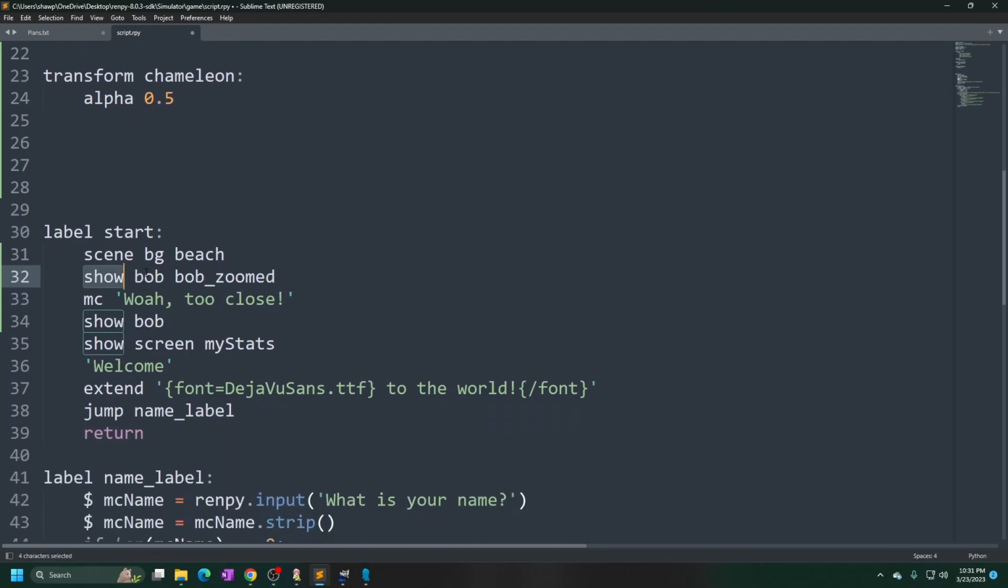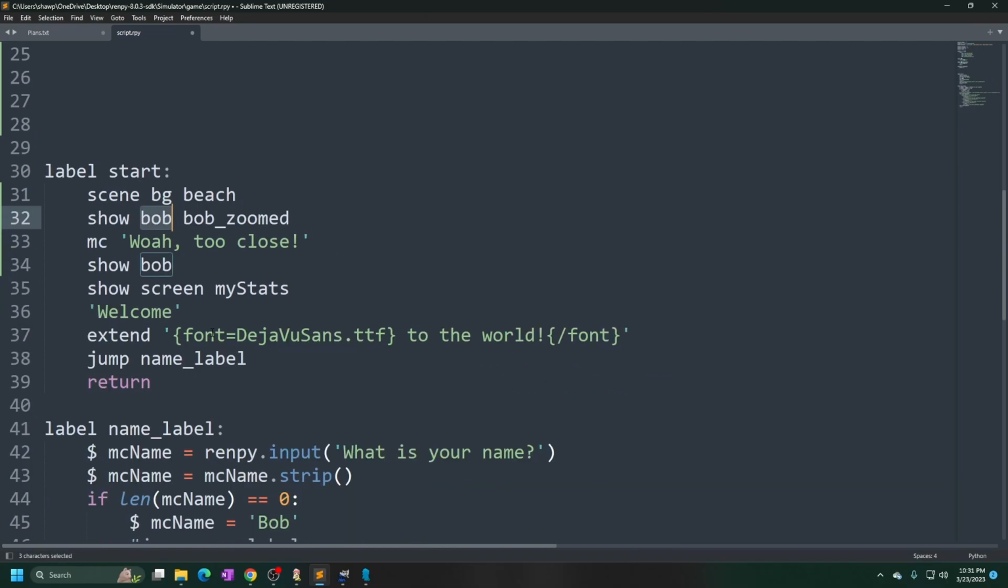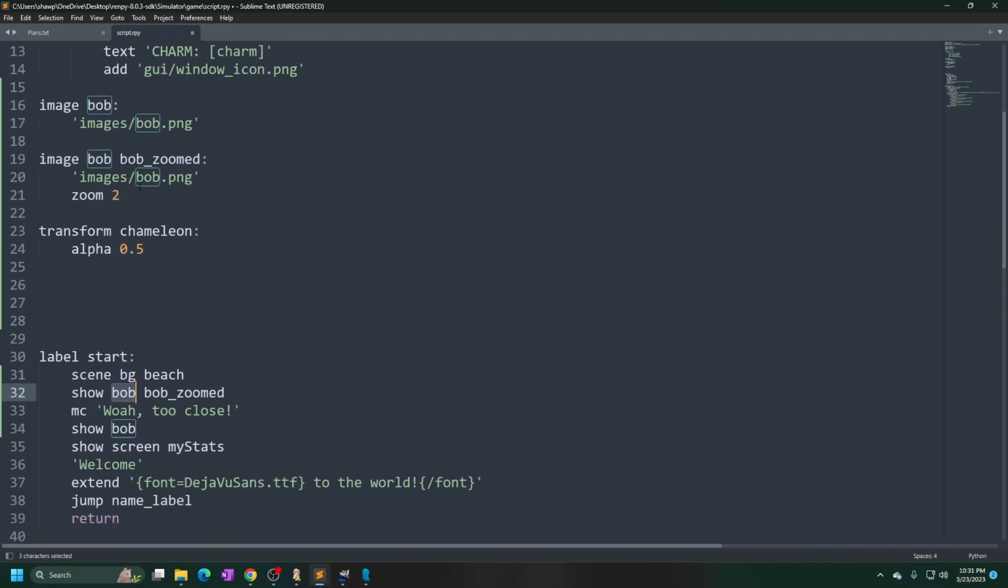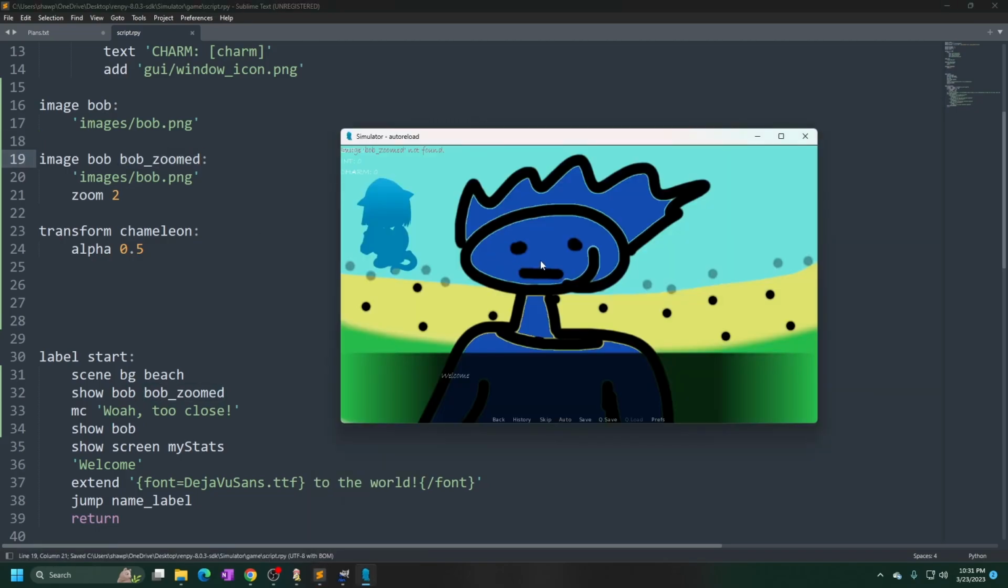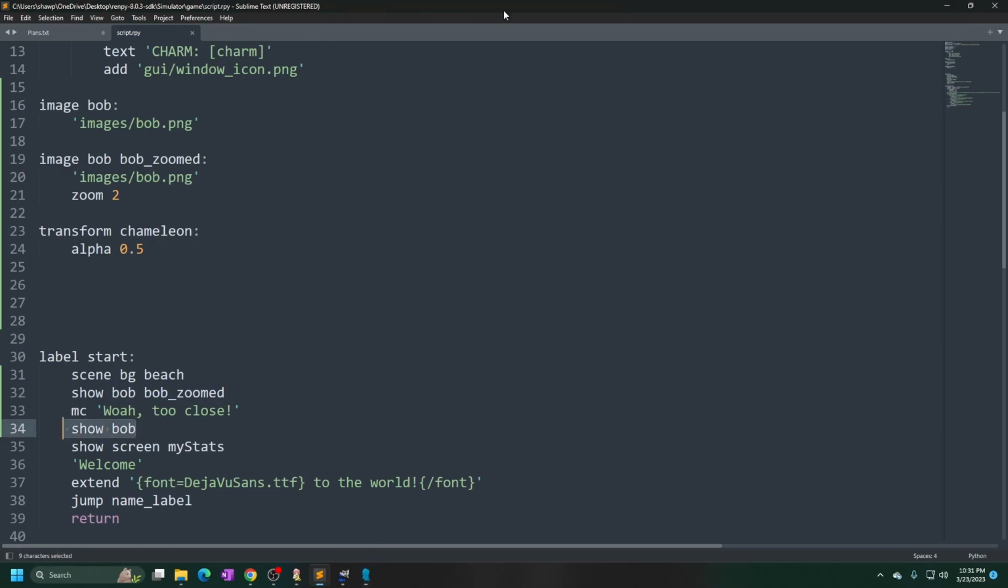So show Bob. You see how my text editor also highlights this part right here? And that's good for us because they belong to the same tag. So we can show image Bob and then image Bob zoomed, right? So I'm going to go ahead and save that. So previously, if you remember, this one appeared on top of this. But because we use Ren'Py's image tagging, which essentially allows us to do show Bob zoomed and then show Bob, without having to do, for example, if we didn't have that tag, show Bob zoom,